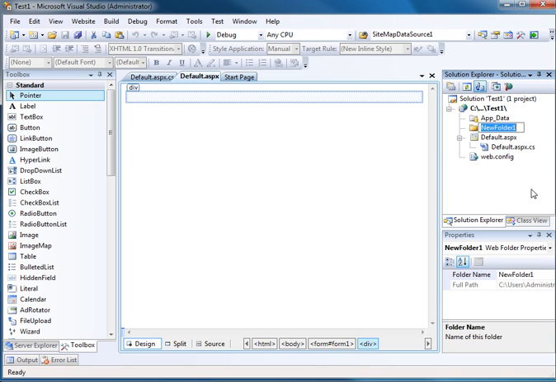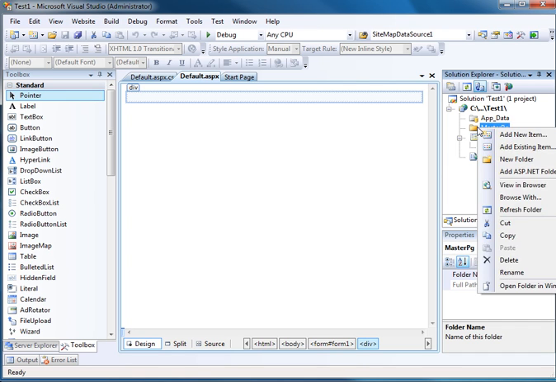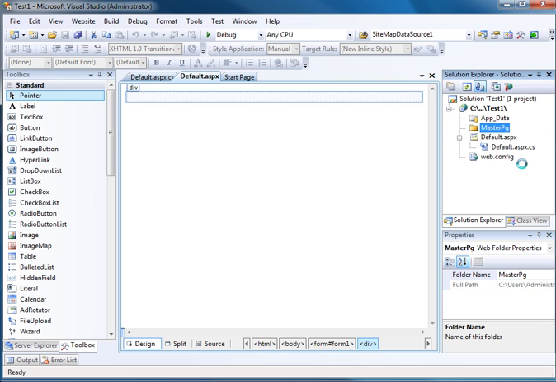And you may have one master page, or you may have many. And I'm going to right click this, and I'm going to add a new item, and the new item I'm going to add to this folder. You notice I've got the folder highlighted, and I right clicked,